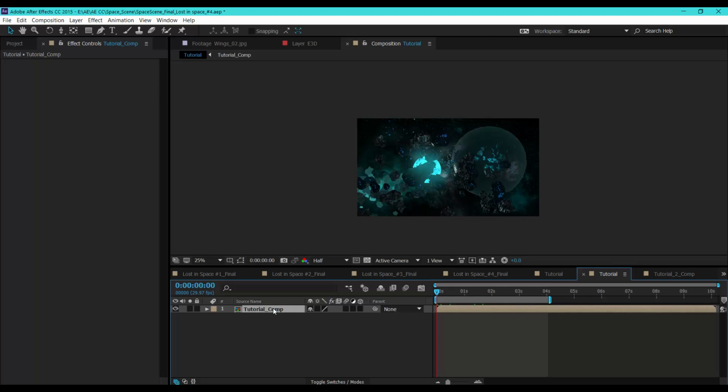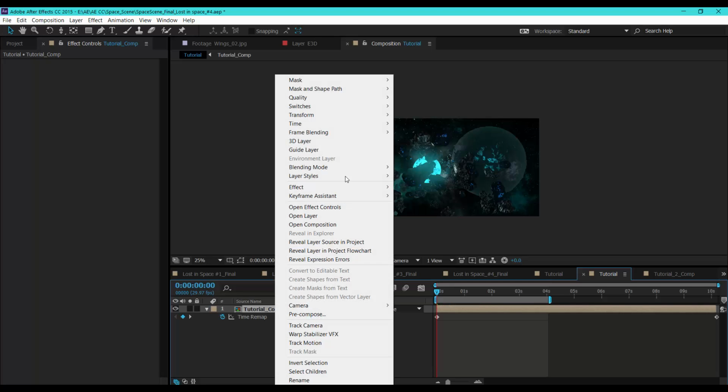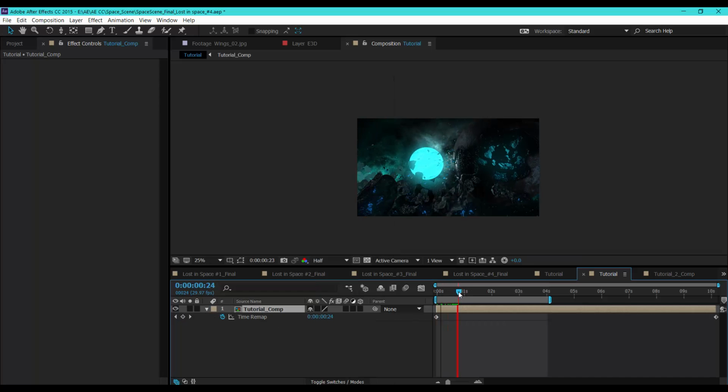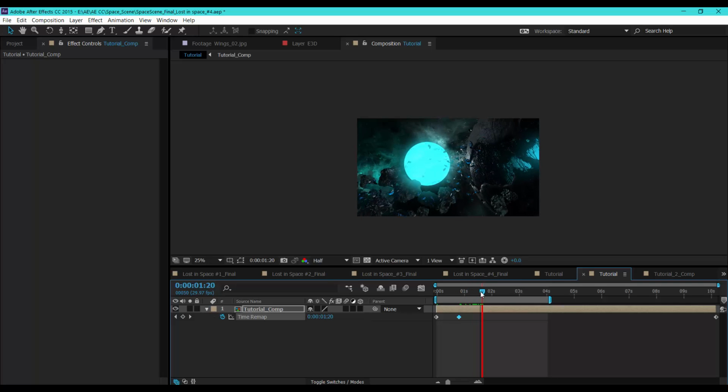Let's enable the time remapping. So you can hit the shortcut Control Alt T, or you can find it here. So let's create a first keyframe, maybe right here, and move this forward.